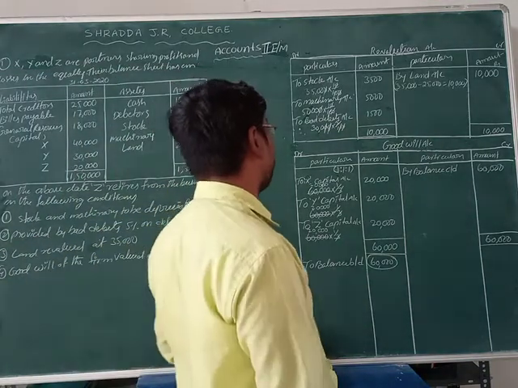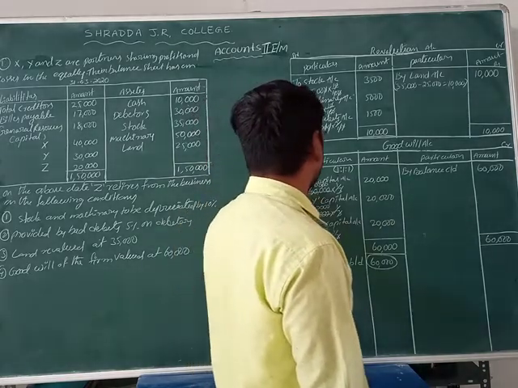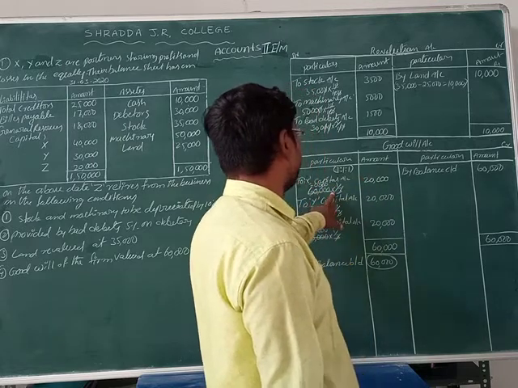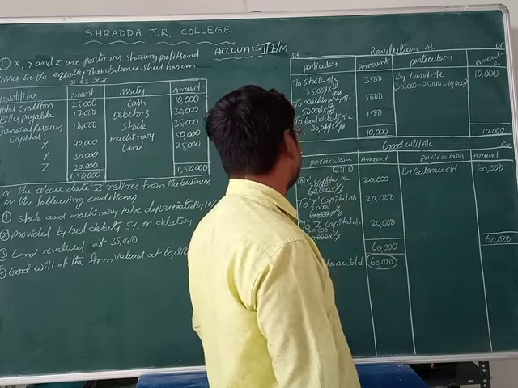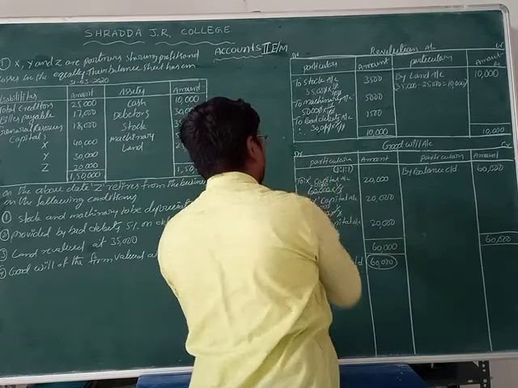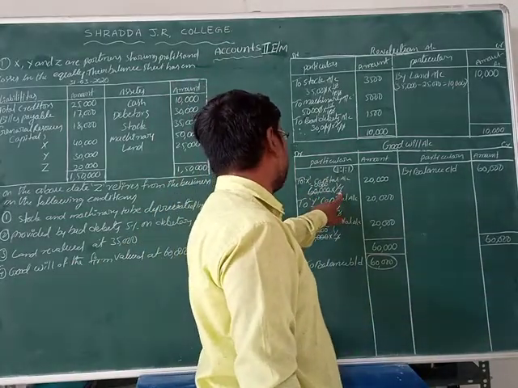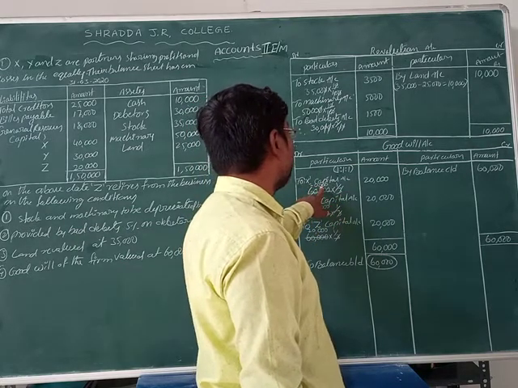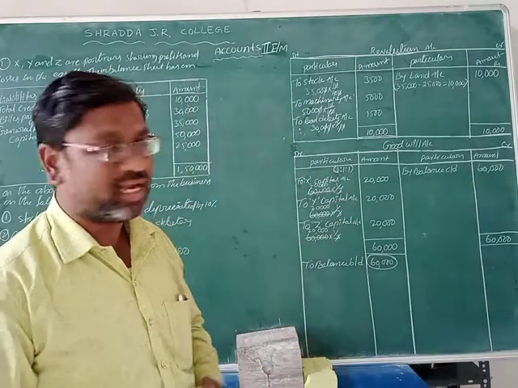So for example, goodwill value is 60,000 rupees. First of all, we take X capital. That means 60,000 rupees into 1 by 3. 1 means here is Mr. X's share, 1 by 3, and the total is 3 shares. That's why 1 by 3. So 3 ones are 3, 3 twos are 6. Remaining is how much here? 20,000. So 1 into 20, 20,000 rupees we can take.